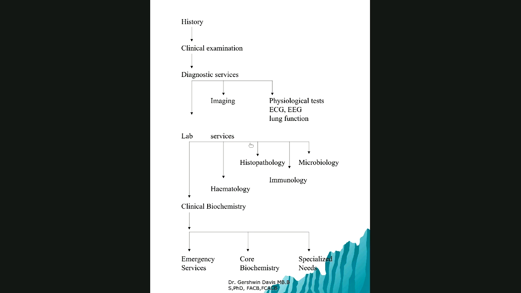That underpins medicine. Let me put this in context: in medicine, you have the history and clinical examination. You can make a diagnosis at that stage. Failing that, you need to use the assistance of your imaging and physiological laboratory services, and that's what you're going through now. So when you get to years 4 and 5, when you see a patient, you'll have a laboratory request form, and you have to tick something. You may need hematology requests, you may need microbiology requests, whether it's a urine analysis, or some immunology, or you may need some autopsy, or you may need your clinical biochemistry.